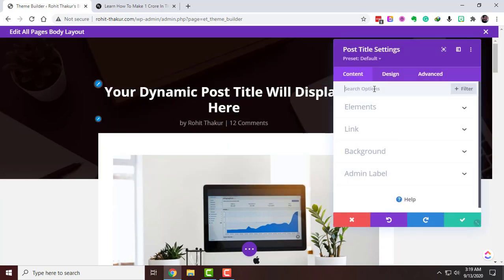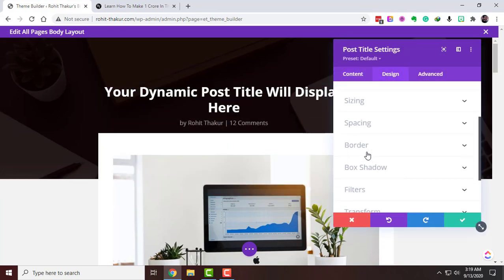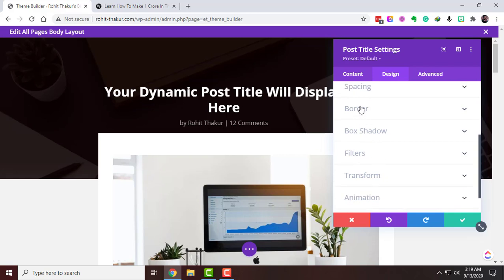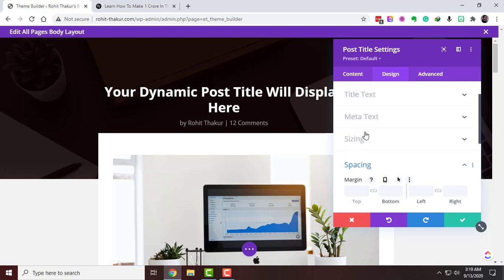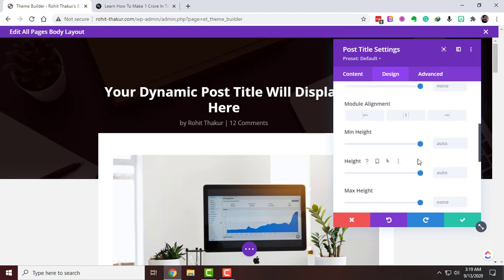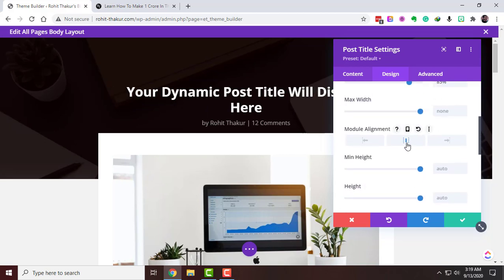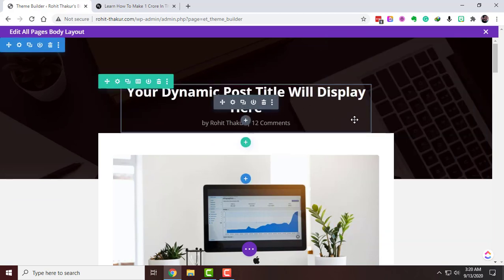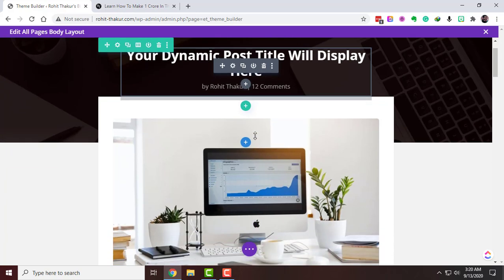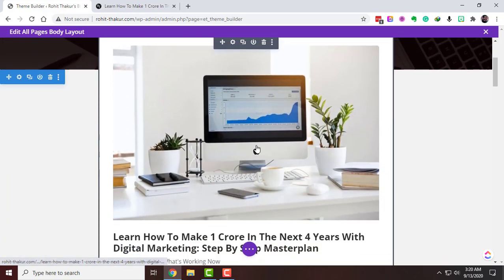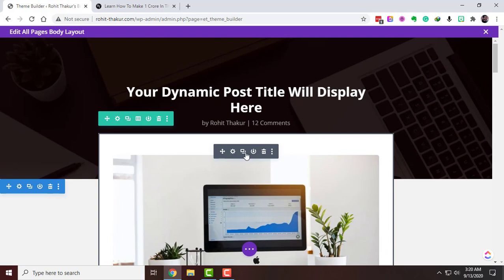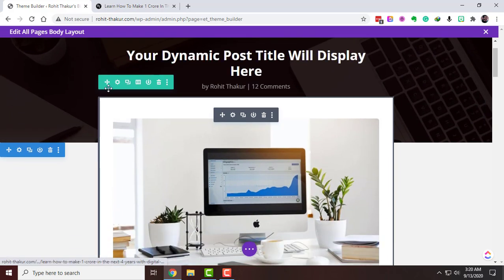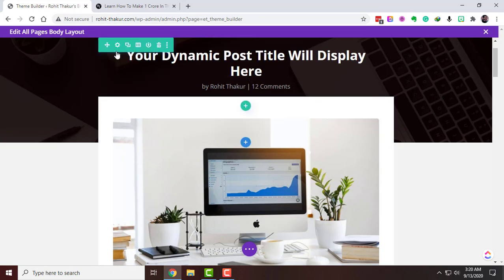Let's remove all the padding if it has any. Go to spacing. Now it does not have any padding. It's in the middle as well now. So now it's looking good, right? So yeah, that's it for right now. And what we have to do is check the padding of all our columns as well.